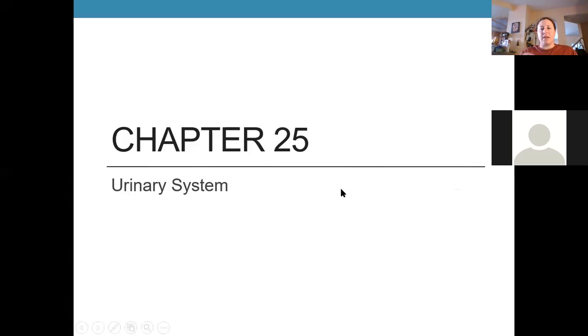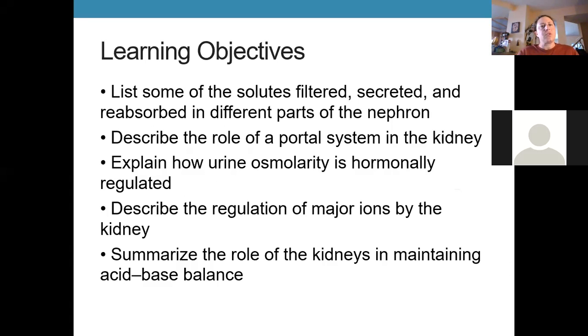All right, so we did our urinary system anatomy last week, and we talked about the final physiological action of the system, which is urination or micturition, as hopefully you learned. I still don't know why we have that extra term for it, but that's the extra fancy term for it. So today we're going to look at how the nephron actually makes urine by filtering the blood,